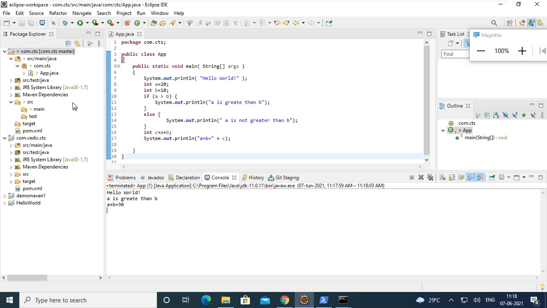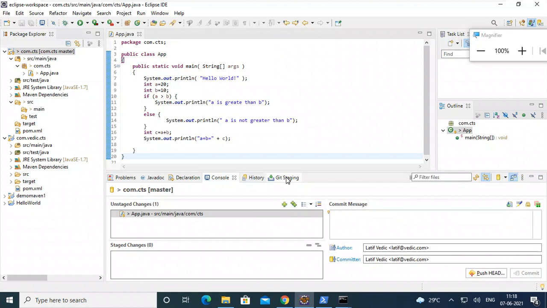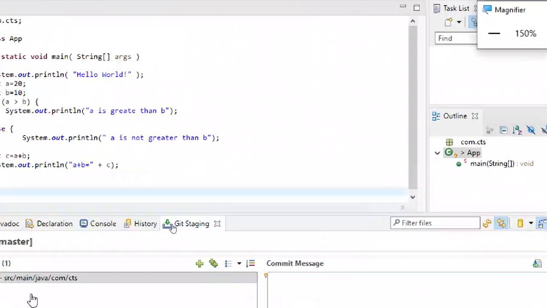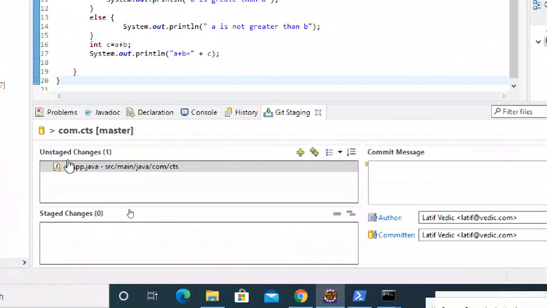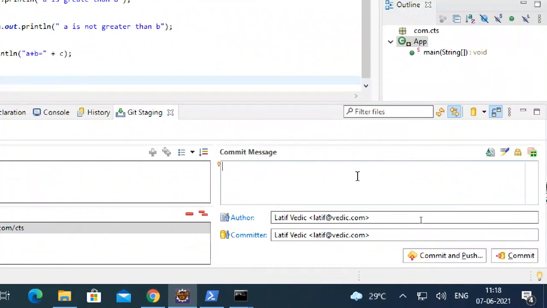Now what do I have to do? Again, in Git staging, unstaged changes are there. Add the things, add it, then give the commit.